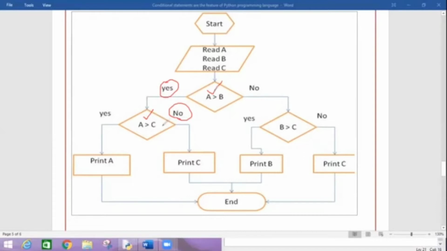But my option 2 is wrong. So what will I do? I will print C as the greatest one. Because if A is not greater than C, then what does it mean? That C is greater than A.